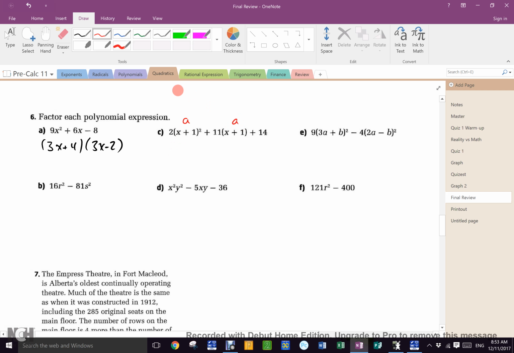All of you will notice that those are the same, yes? So if you substitute it and it becomes 2a squared plus 11a plus 14, it becomes very easy to factor because you need to multiply to 28 and add to 11. What is it? Because remember, you got to do 2 times 14. So what are the factors of 28 that add to 11? 7 and 4. So it's a plus 7 over what? 2, and then it's a plus 4 over what? 2. Then you simplify to get